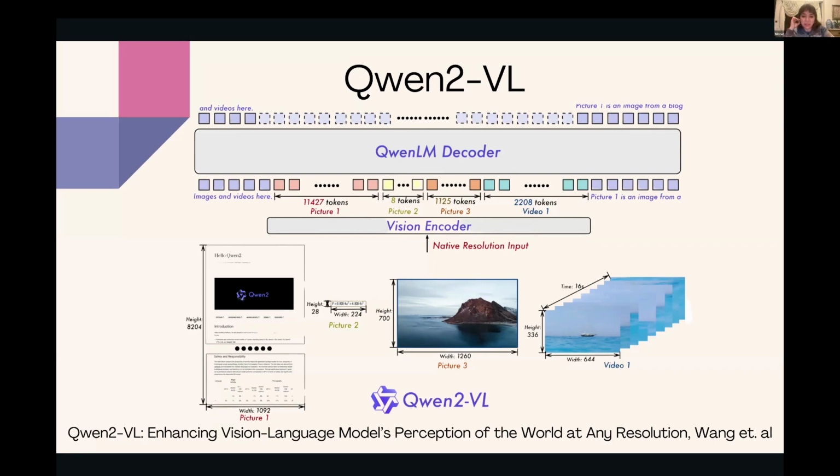But this model is a very generic vision language model. It comes in multiple sizes, including 72 billion parameters. There is one for 7B parameters. I think 72B wasn't open source, but it was open weights, and 7B should be completely open source. And it performs really well. It can handle